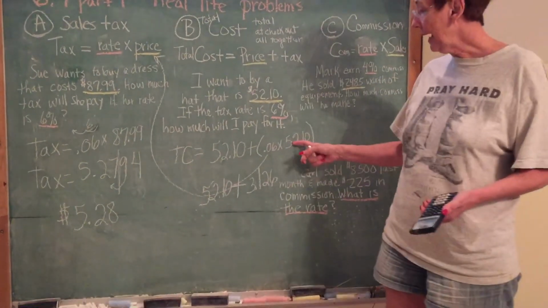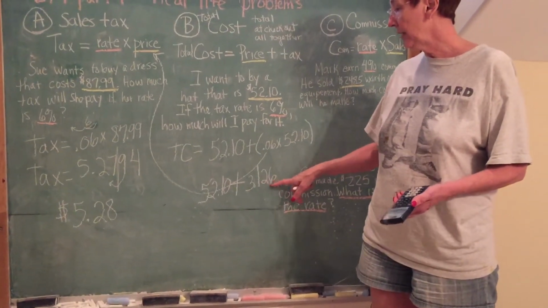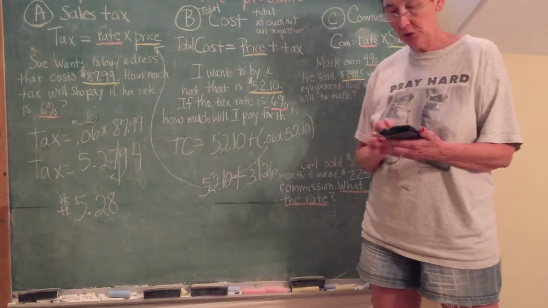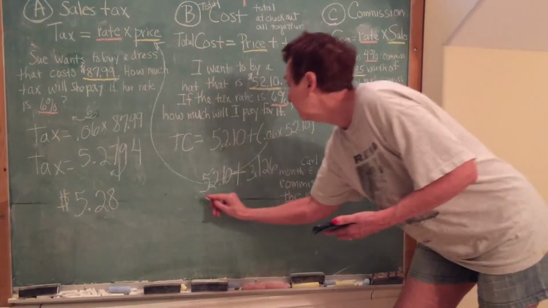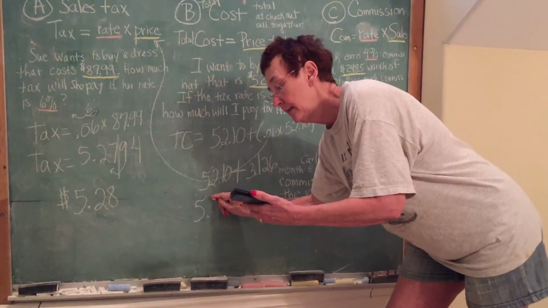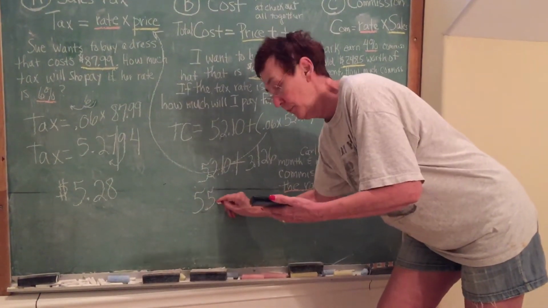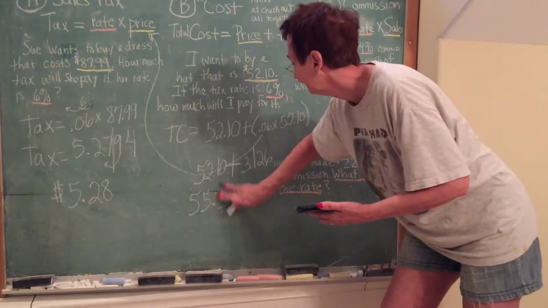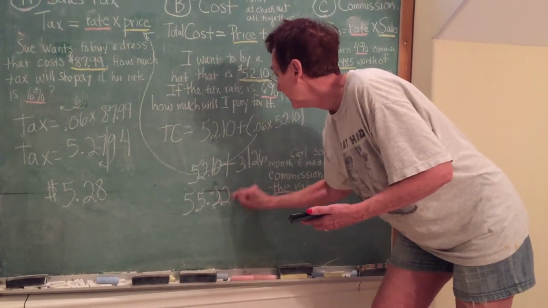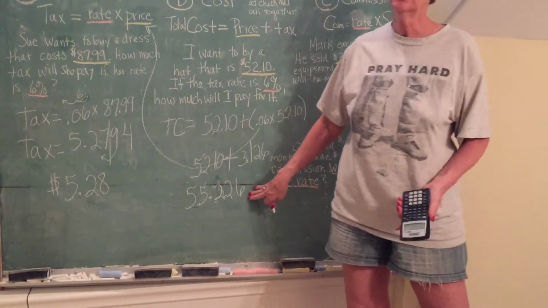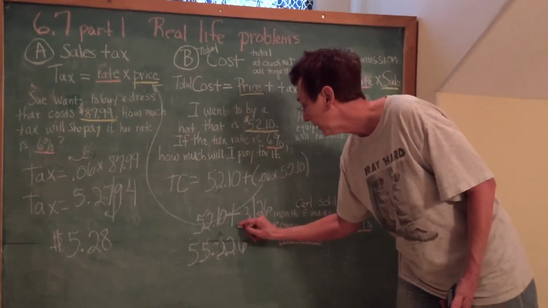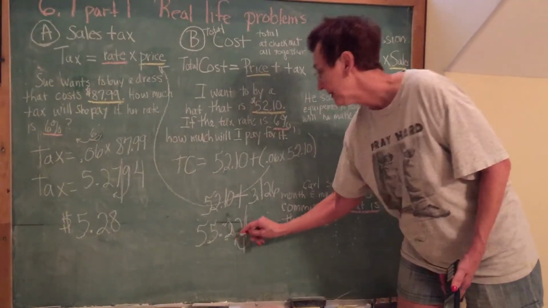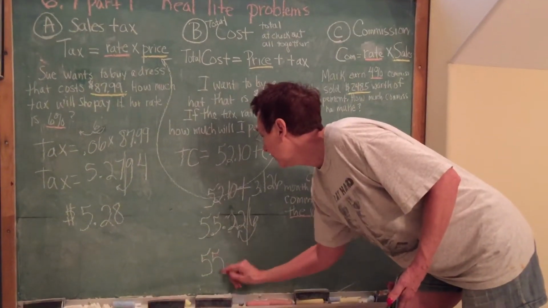All right, so my taxes are 3.126, and I'm going to add that to 52.10. And that would give me 55.2326. Okay, well, look, too many decimal places. I have to round it again. I go over 2 places, draw my wall. That's big enough to go up, so it would cost me